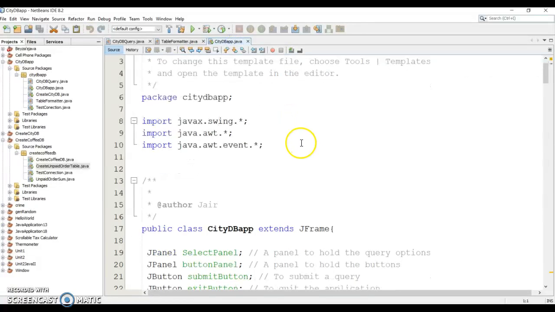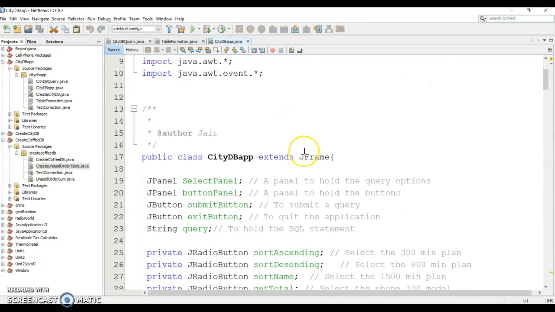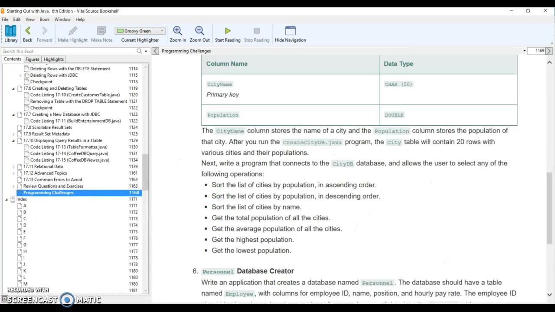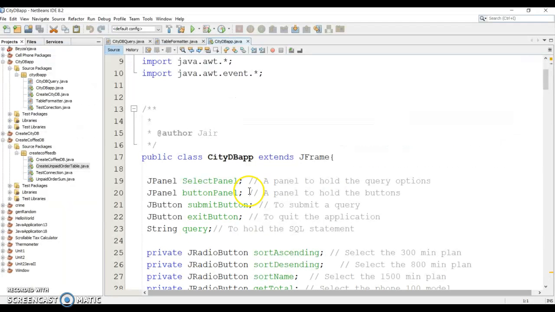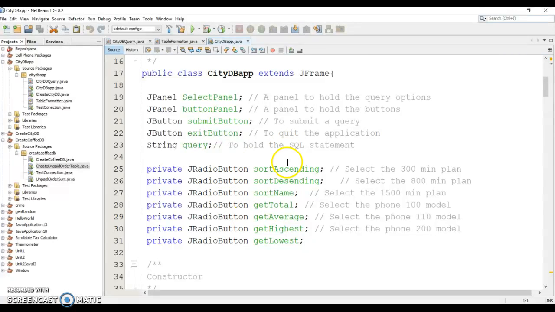Okay, and then we go to the app. Like he says, you need basically seven statements, but it has to be one at a time. So I use radio buttons for that. It was appropriate to use radio buttons because you can pick one statement and I will create it. So I create a panel for those radio buttons. I create a panel for a submit button, which is basically this radio button will give me a statement and the submit button will send it to get the metadata and